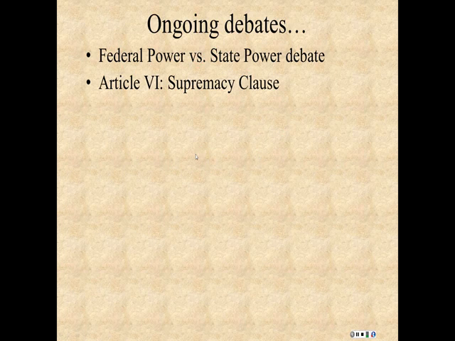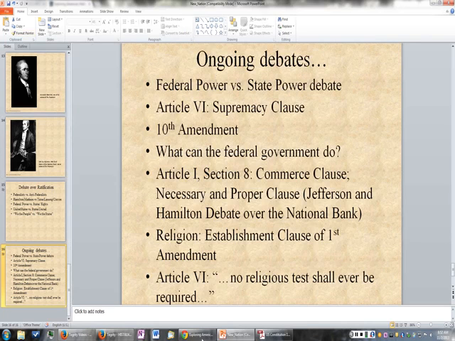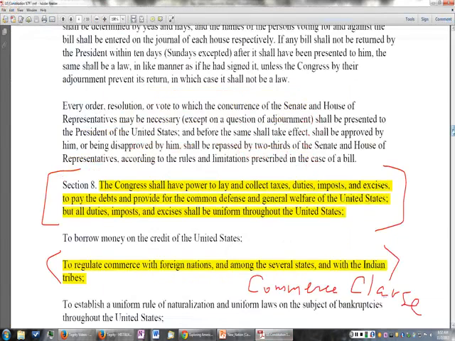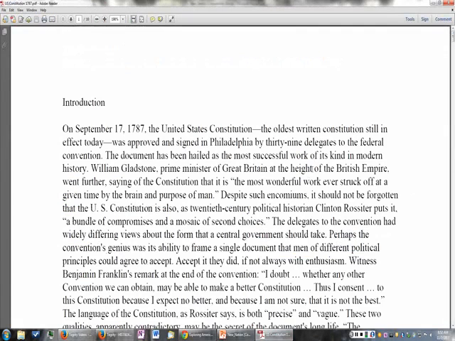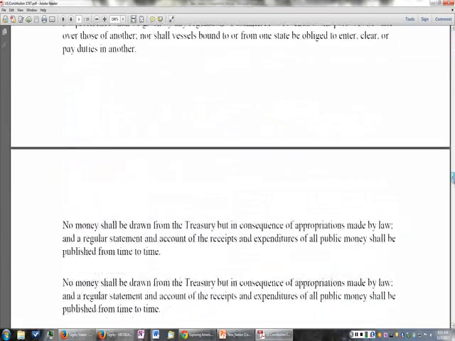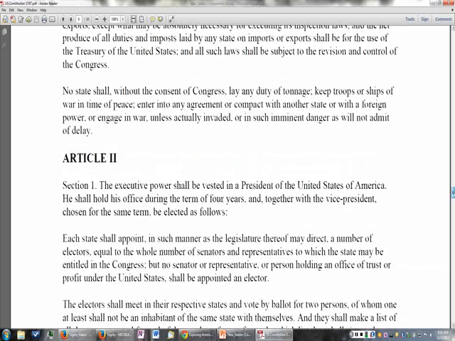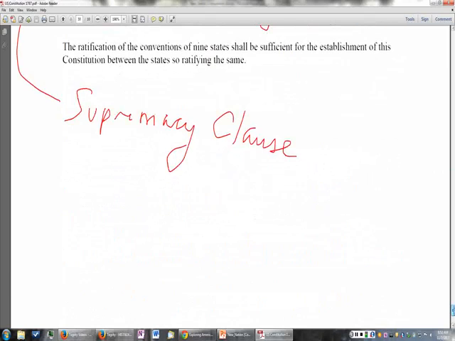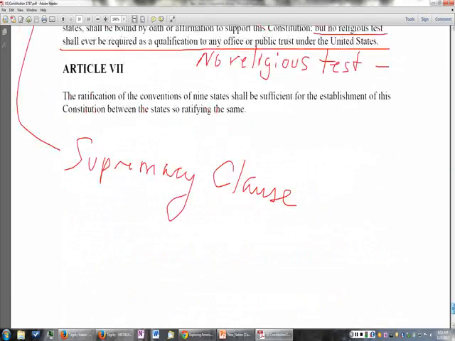I'm going to get out of this for a second, and I'm going to show you the document. We'll just discard my annotations. So here's our document, which I've posted for you, and it's in your module. It's our Constitution. It's without the Bill of Rights, because when it was created in 1787, it didn't have the Bill of Rights. You can see the Bill of Rights, by the way, at the end of your book as well. If you go to Article 1, well, no, sorry, first we were at the Supremacy Clause. So go to the very end, Article 6, and you'll find there the Supremacy Clause.